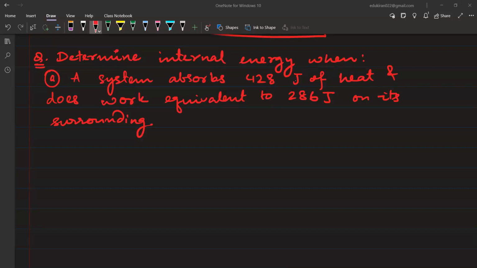नो आलिया नॉट राइट। कैसे कर रहे हैं आप लोग, देखिए जरा। सिस्टम absorbs 428 joule na, of heat and does work. System is doing the work. Abdul Hamid, what is your answer? Please send your answers, guys. 2 minutes. All of you guys, please. बहुत आसान सवाल है ये तो, मतलब कुछ नहीं है इसमें। आप लोग इतना टाइम भी लगा रहे हैं और आंसर भी नहीं भेज रहे हैं बाकी लोग। Alia, send your answer on my WhatsApp. Take 2 more minutes, nothing else. I need answers from everyone.